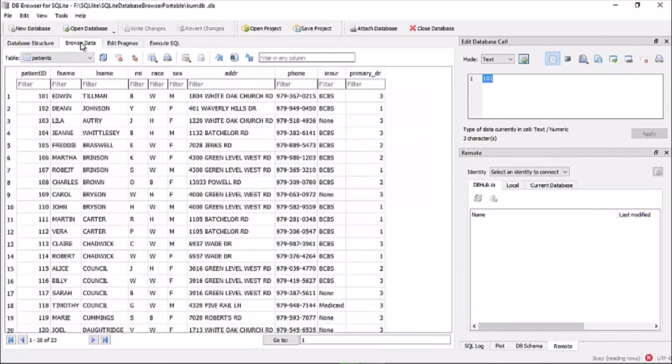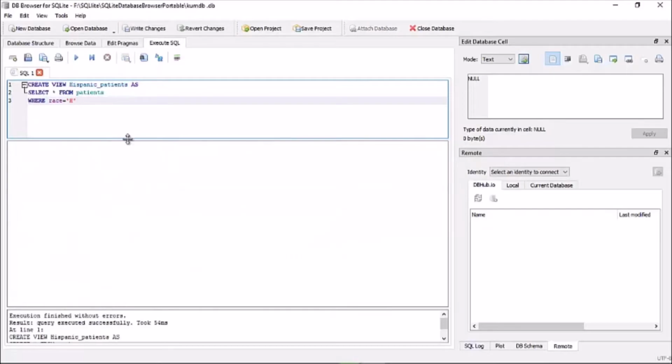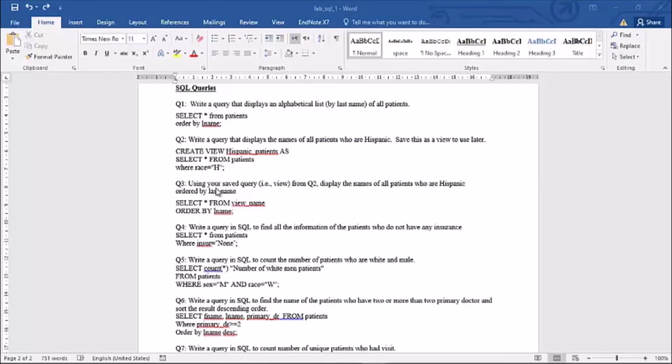As you can see in browse data, the race is white, Hispanic and black. We need to have the patients that are Hispanic. So here we say that the race should be equal to H. And I run it. The next query is